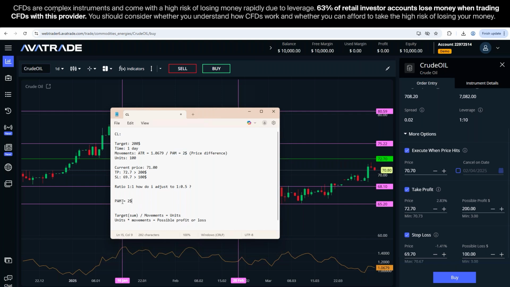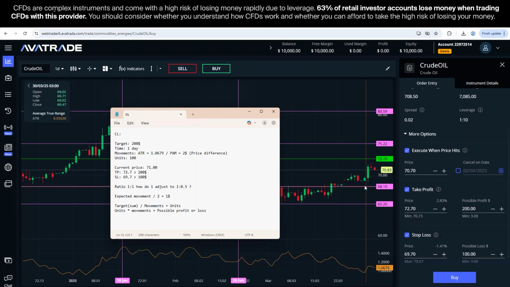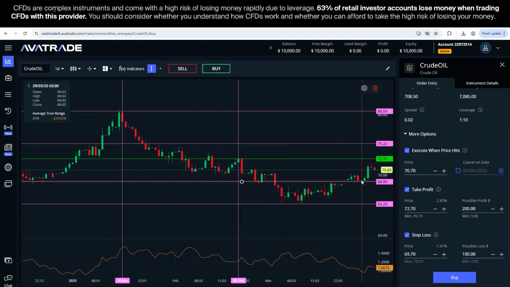All right, so we've got expected movement by half, and then we get 1. And if we put the stop loss $1 away instead of $2 away, which is here, just a second, yeah,